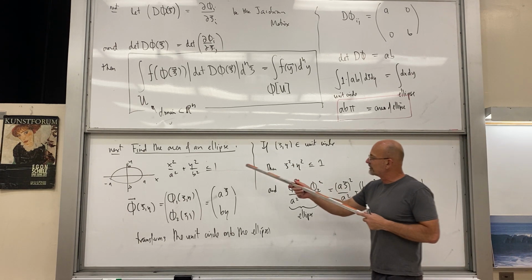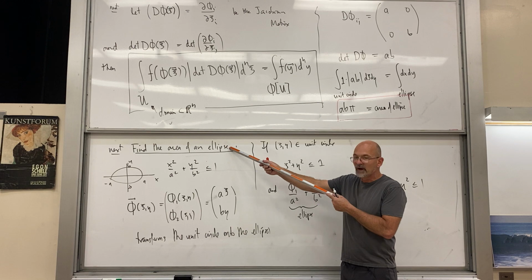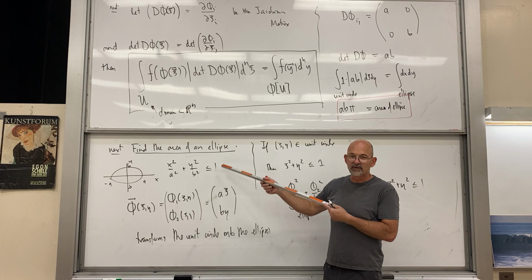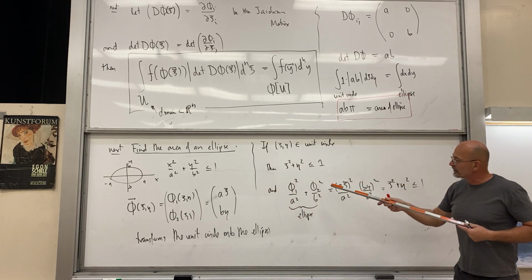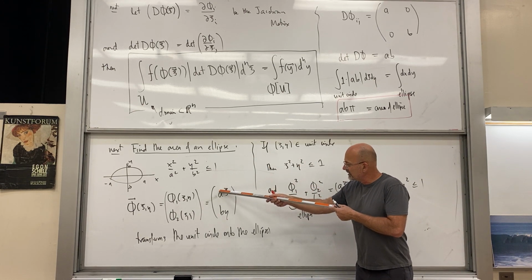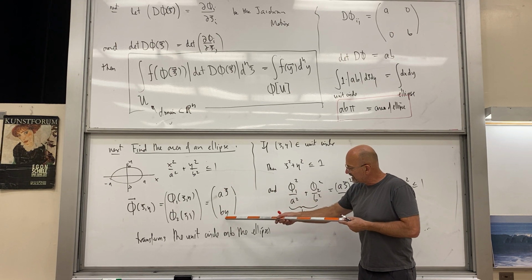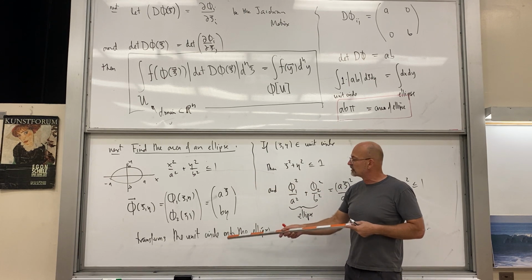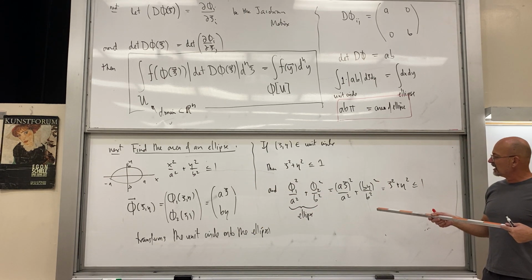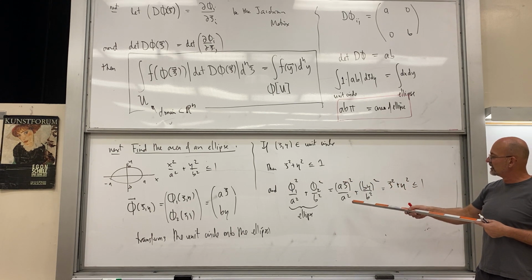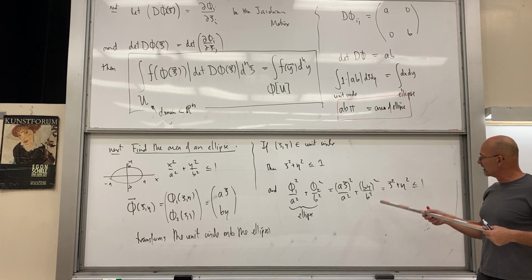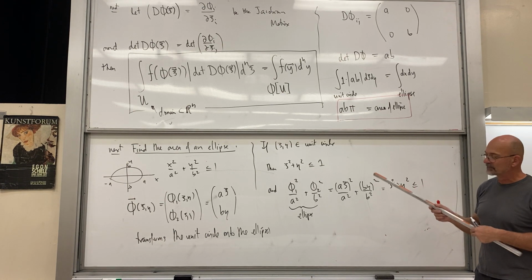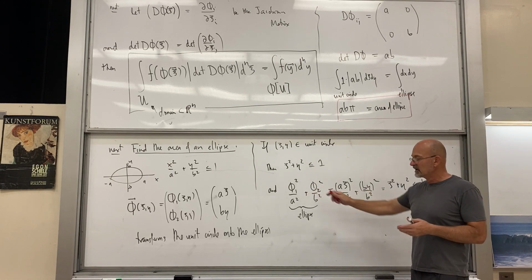So if we want to do the same thing for a volume of an ellipsoid, x squared over a squared, y squared over b squared, z squared over c squared less than or equal to 1, then our transformation will be a times xi, b times eta, c times zeta, right? We'll just have a 3-component vector instead of 2. And then we'll have this same thing for the ellipsoid compared to the unit sphere. So actually everything's going to go exactly the same. It'll just give you a chance to work through the